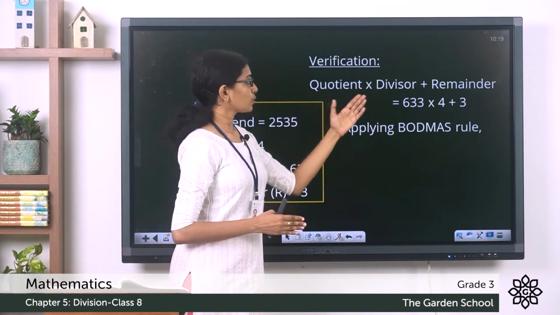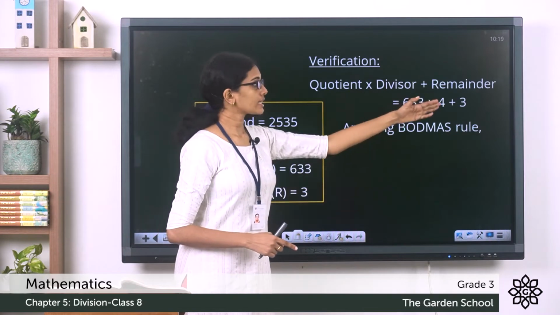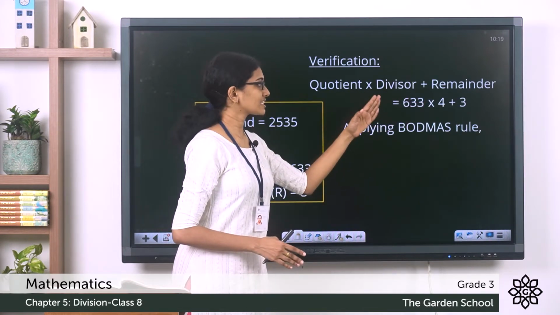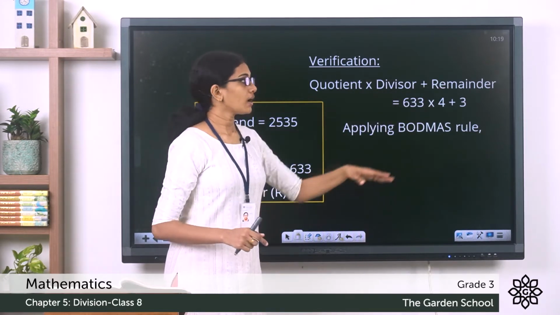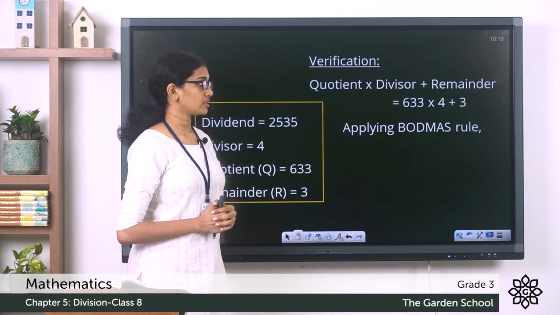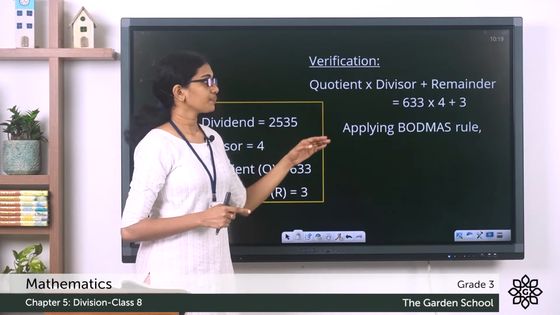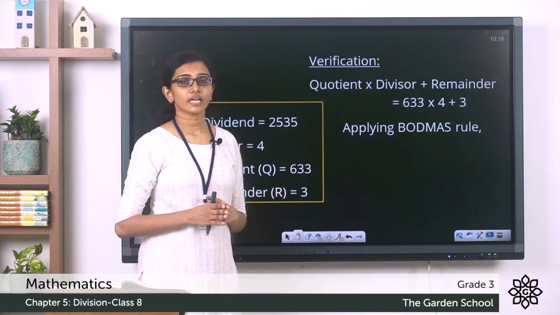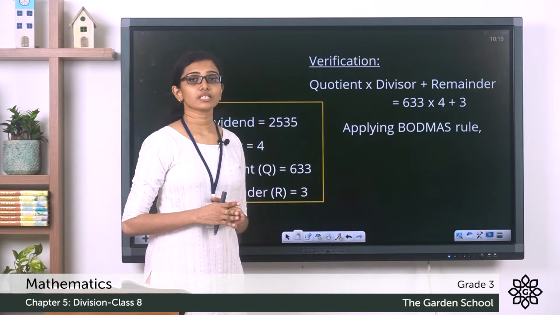Now the quotient is equal to 633, divisor is equal to 4 and the remainder is equal to 3. So it is 633 into 4 plus 3. You have multiplication and addition in the same calculation. Which one will you do first? See, when you have different types of mathematical operations within the same question, you have